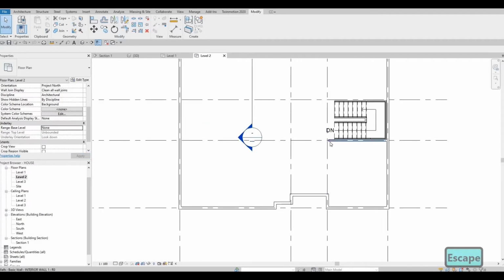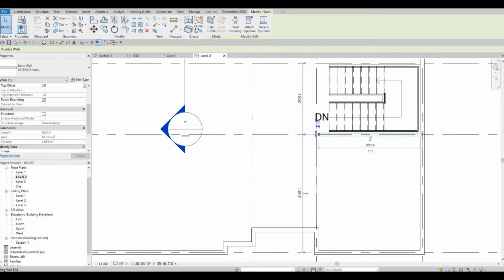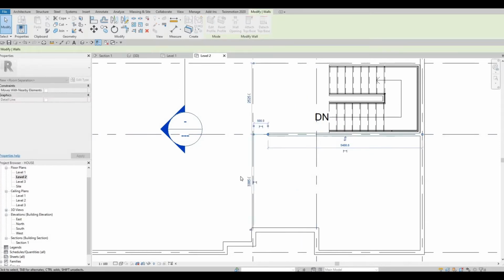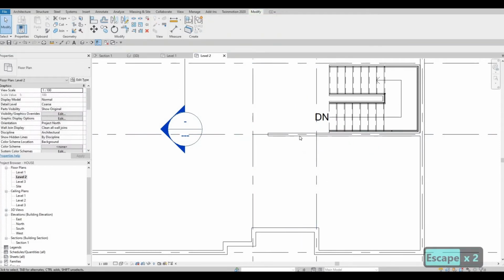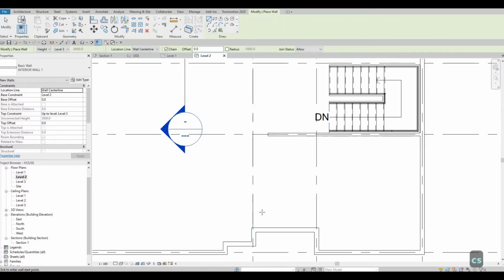The reason for that is so that we don't need to click there and look for the wall again. Now that it's here on this level, we just need to type in CS now,